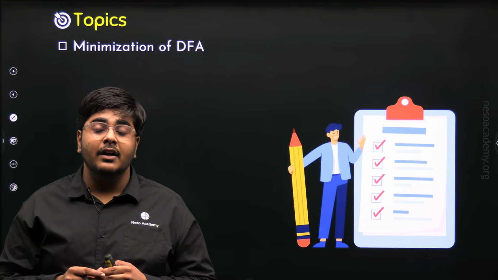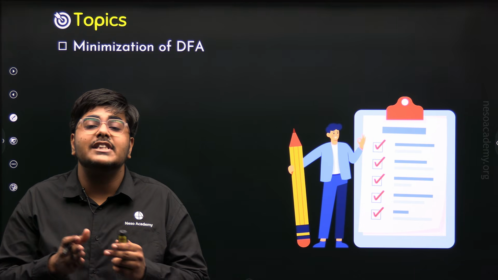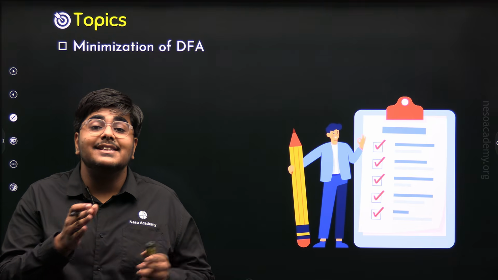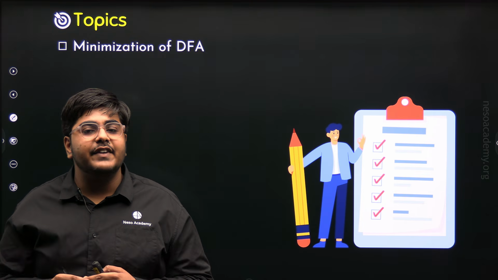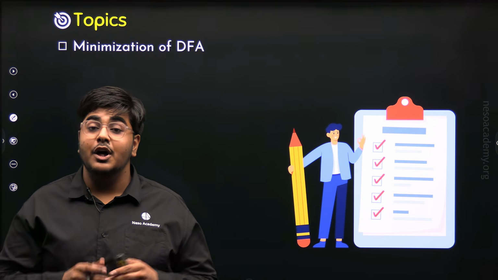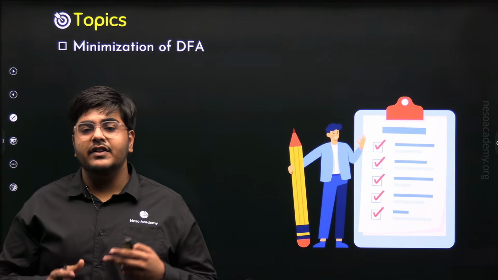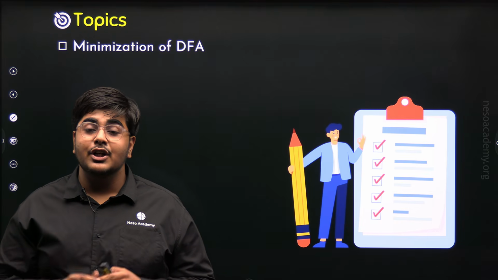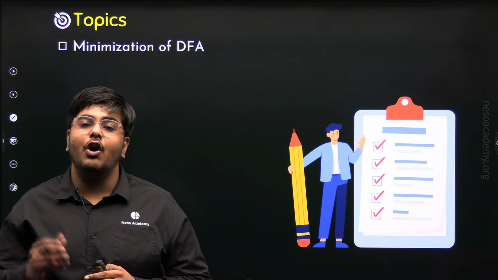That is why when we construct a DFA, we try to have the minimum possible number of states in that DFA. This is called the minimization of DFA. And to minimize that DFA, we have two methods: partitioning algorithm and the table filling method. We will discuss more about these two methods in our upcoming lectures. So I hope you get a basic intuition regarding the minimization of DFA.